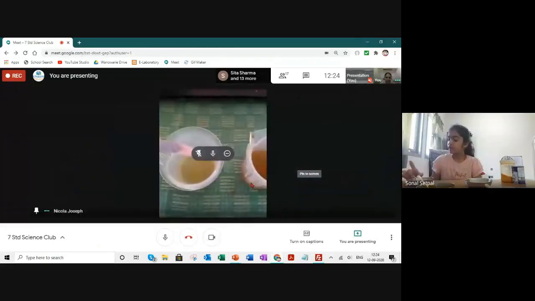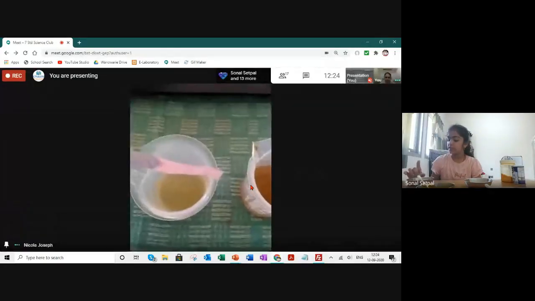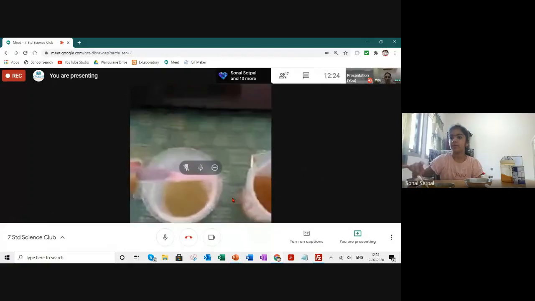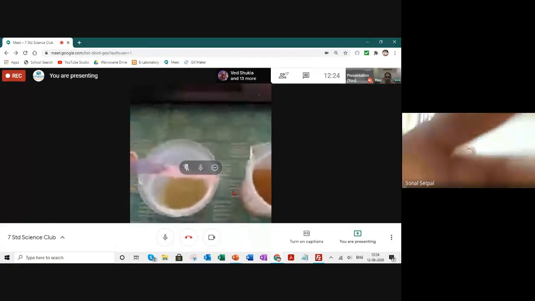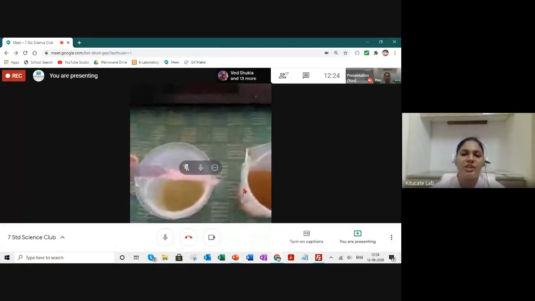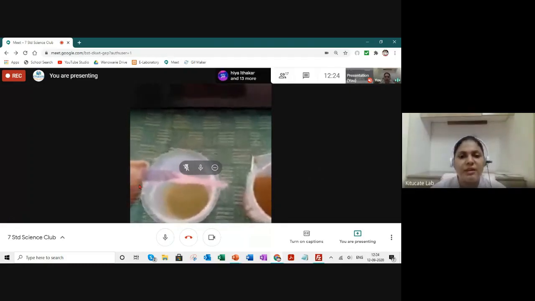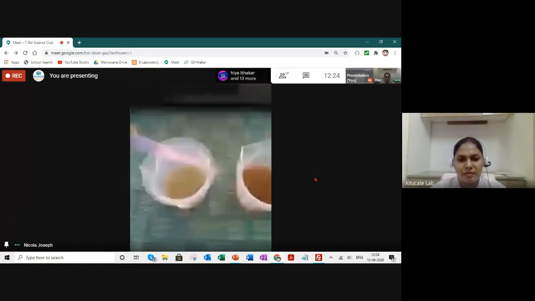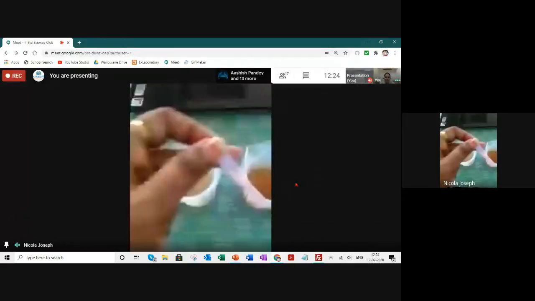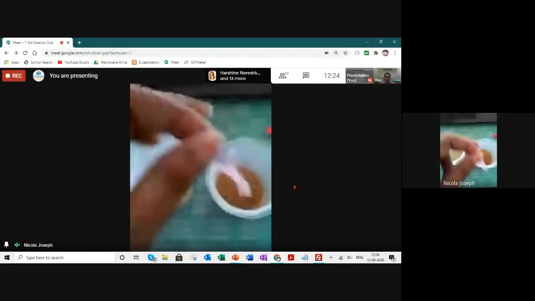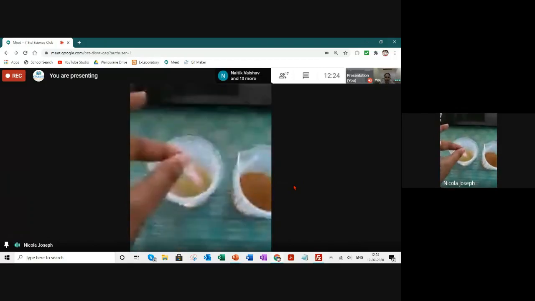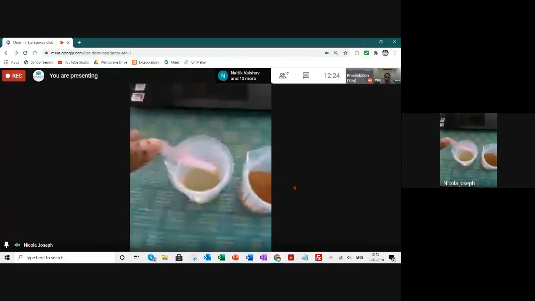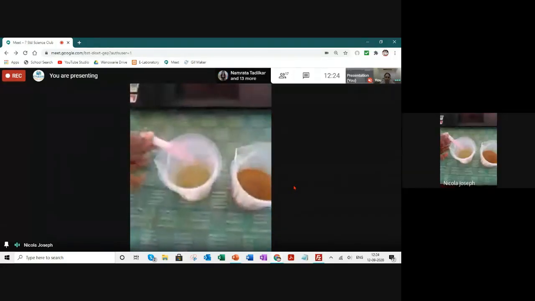Ma'am, it's still yellow for me. I did what you told me to do and it's still yellow. The second one is still yellow. See, for Nicola ma'am, after she has done the experiment, you can see the red litmus has turned blue. Can everyone see it visible on the screen? I've taken the soil samples, the sediment, and in one I have added litmus paper, so it turned red. That means the soil is acidic.